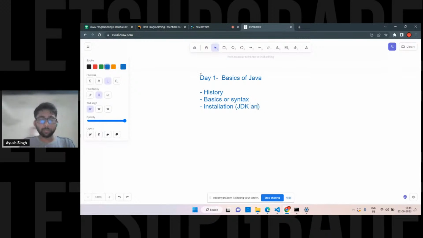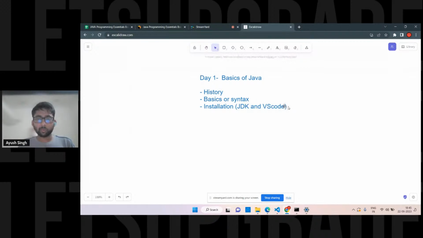And at the same time, you're going to use VS Code. Those who already know what is this VS Code, anyone knows about this VS Code? Just comment in the chat box. Do you guys know about the VS Code? Any idea about the VS Code or JDK? Just write in the chat box if you know about the JDK or VS Code. So we are going to use these particular terms. JDK is just for running the Java programs. We are going to see what this is.